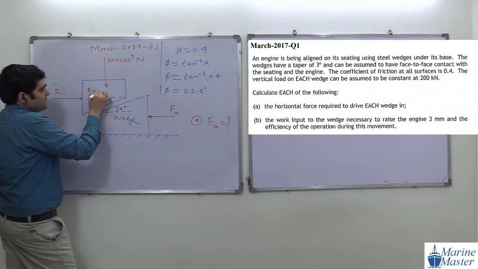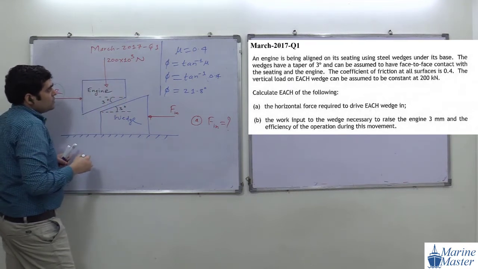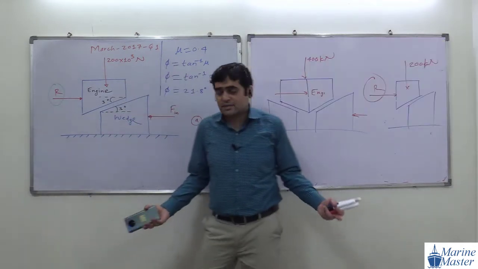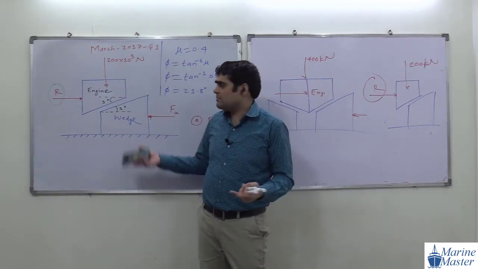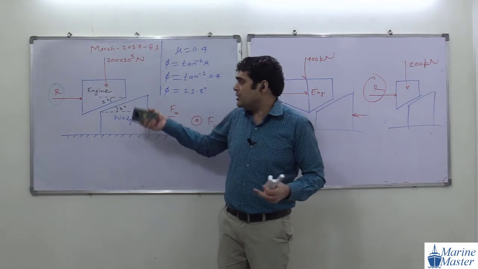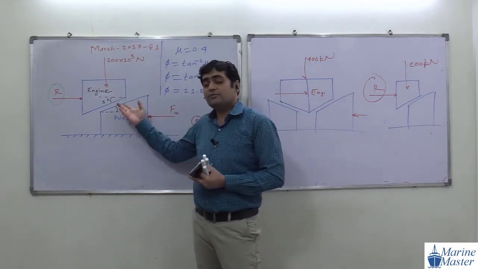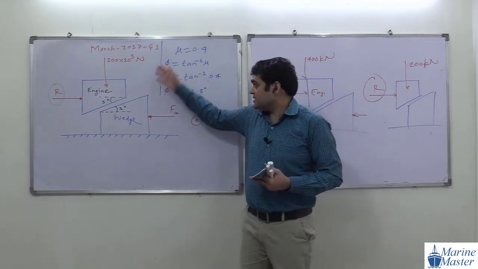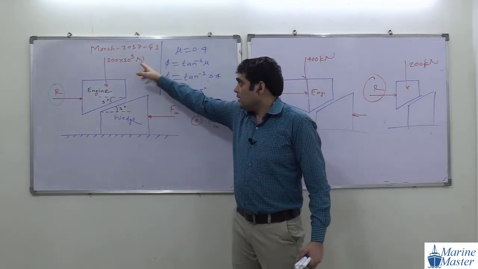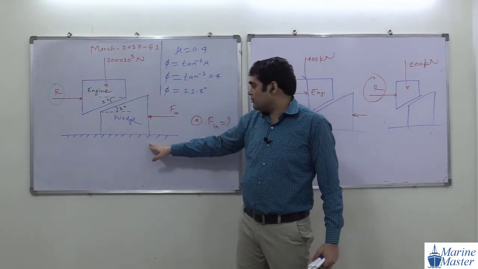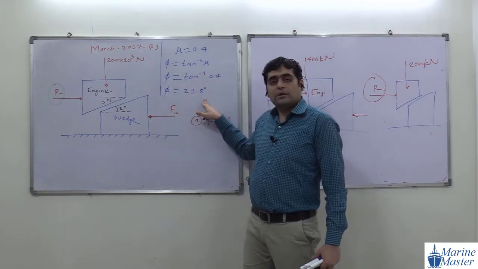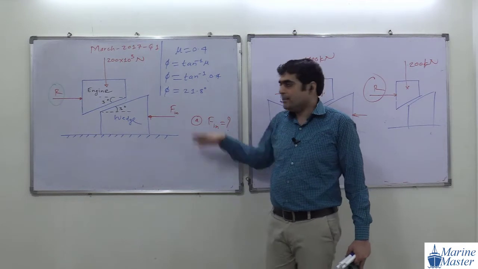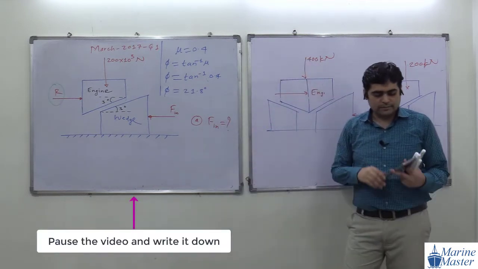Check it out once again. I may be wrong. Sometimes, not only sometimes, a lot of times I may make mistakes like this. See, I have written 4 earlier. So please be attentive. Everyone, please draw this drawing properly and write down the A part target. We have to find out F in. Please everyone, write down all these things.